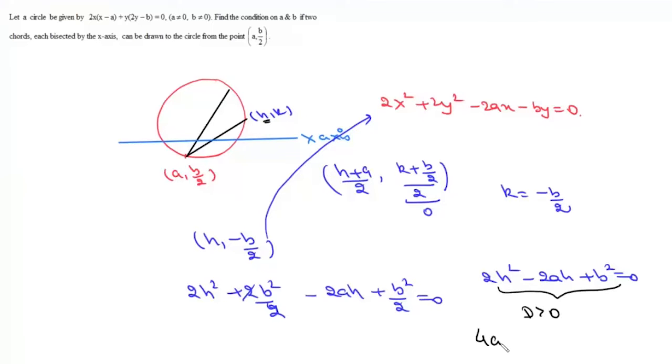So we have 4a² − 8b² > 0, or the condition is a² must be greater than 2b². And that is the answer to this question. Now the question is, show that the equation of a straight line meeting this circle in 2 points at equal distances d from the point (x1, y1) on its circumference is x1x + y1y − a² + d²/2 = 0. So we have this circle